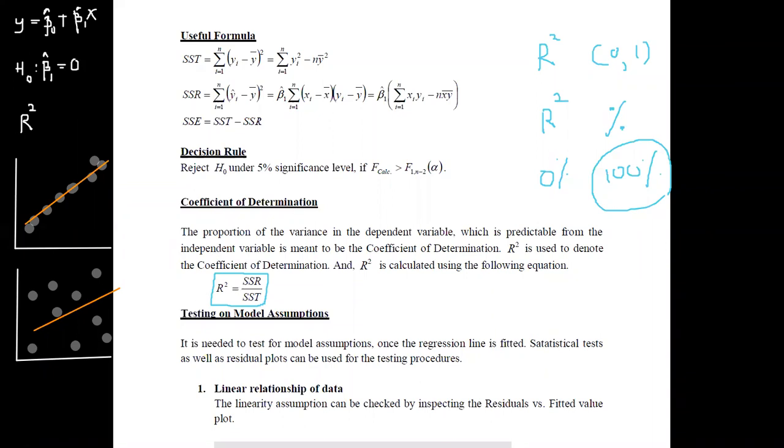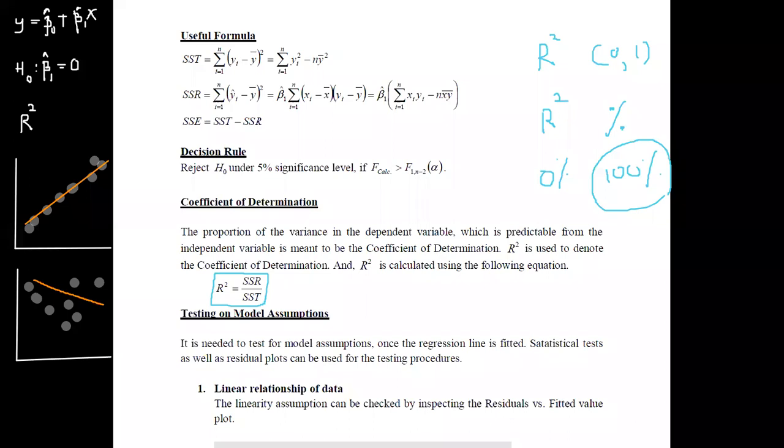Therefore, in such situations, you have to go for an alternative method. Sometimes your data points may have a pattern like this, and in such a situation you may not be able to identify a very good model. Actually, in such situations also, if you fit the model in this form, it may not be a very good model for this. Therefore, you may end up with a somewhat lower value for R squared.